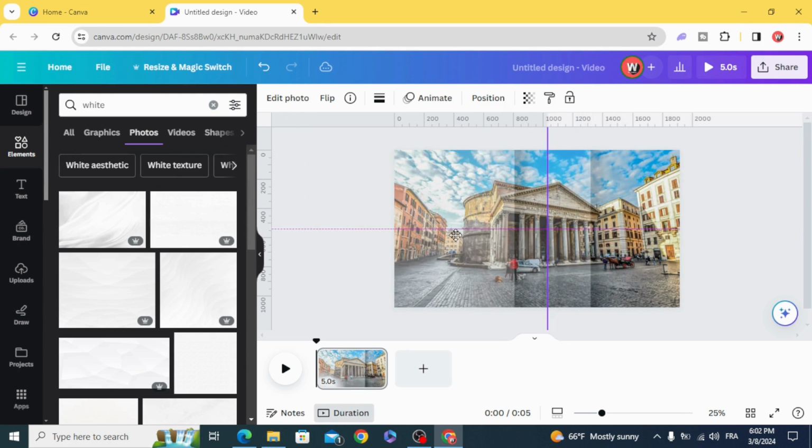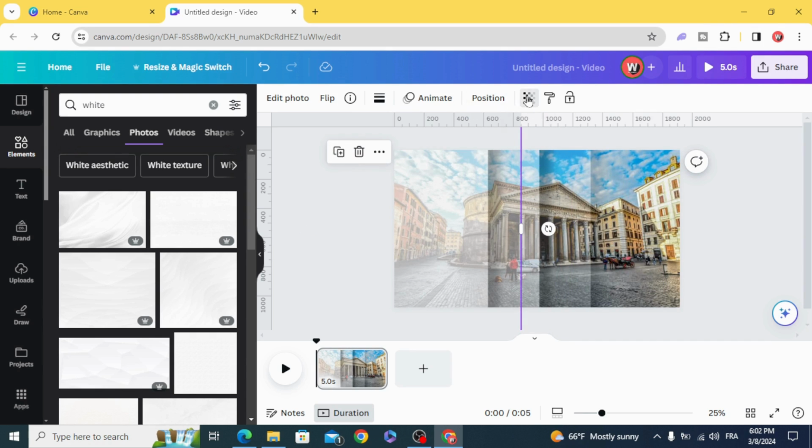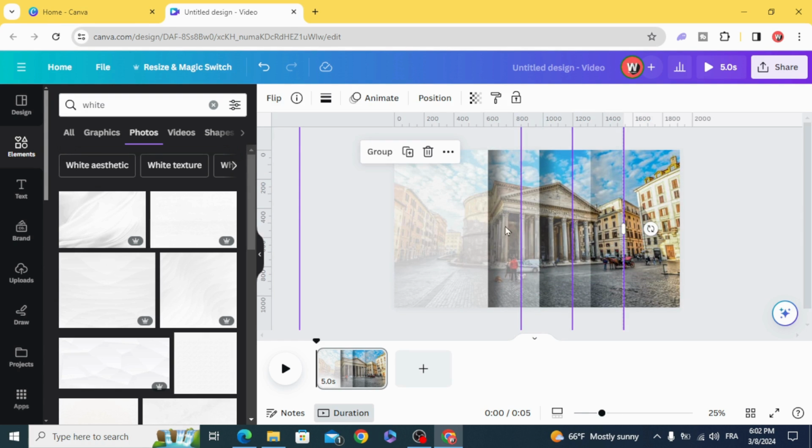Duplicate and increase the transparency to 40. Duplicate and increase the transparency to 60. Select all and group